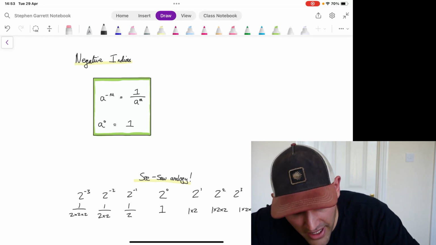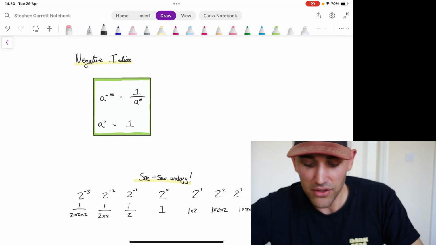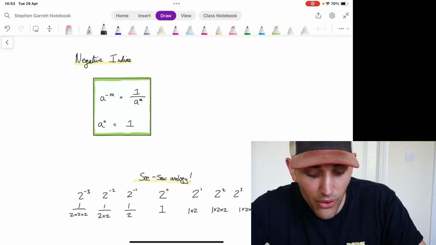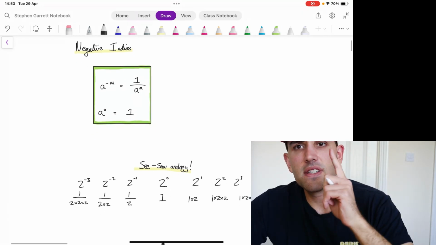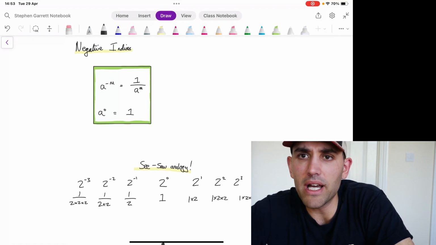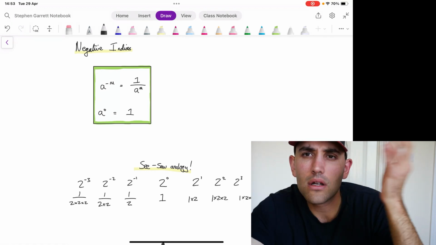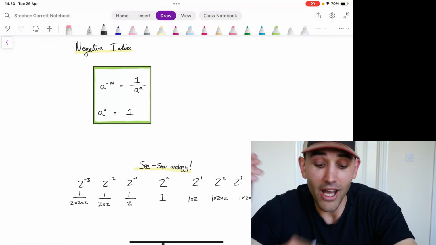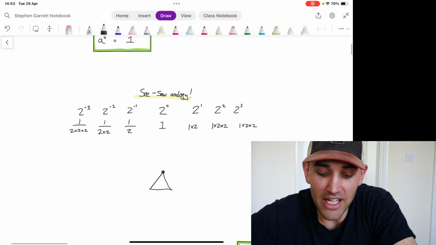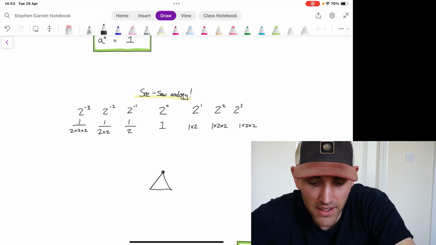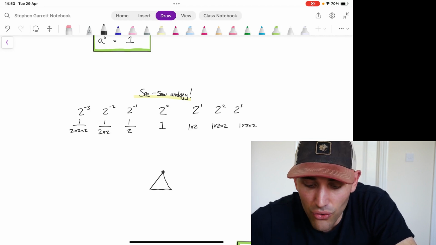Now, why have I written it in a slightly strange way, listing every single number out instead of just using the power? It's because of the second rule. This second rule is a little bit unintuitive. Anything to the power 0 is 1. But why? Here's an analogy, and it's not a perfect analogy, but we see that as we increase the power of our number,